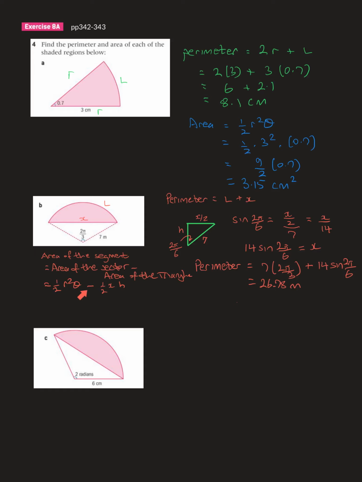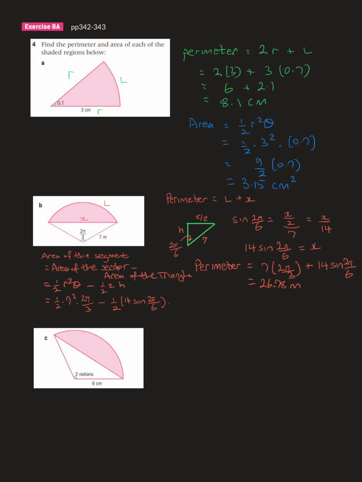Okay, so we've got the area of the sector minus the area of the triangle. It's half the base, so half X times that height, that's H. Well, that's going to be the square root of 7 squared minus X on 2 squared, will be H. Well, that's going to equal a half times 7 squared times 2 pi on 3 minus a half X, we said that X was equal to 14 sine of 2 pi on 6. Okay, that's X